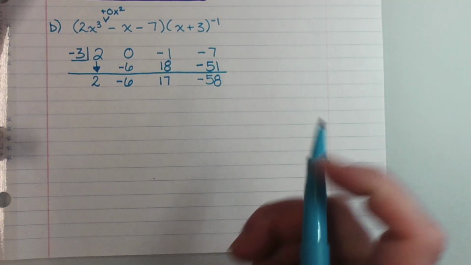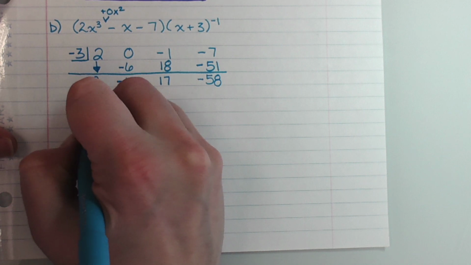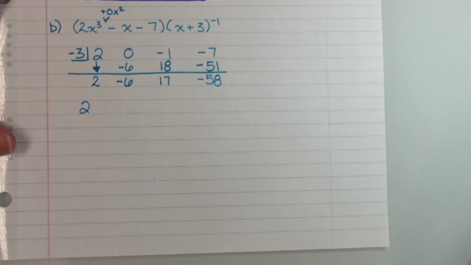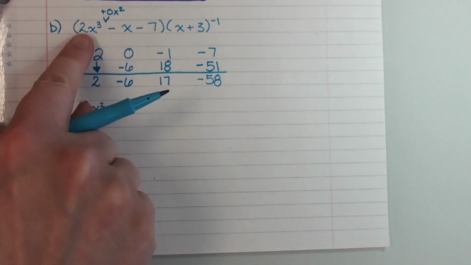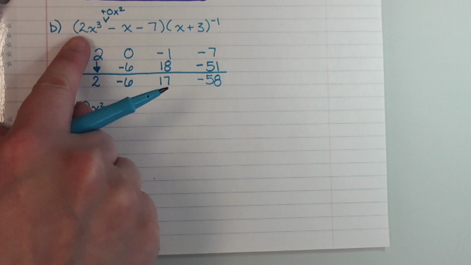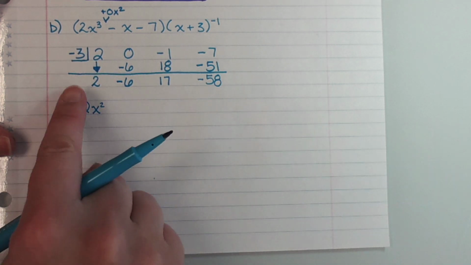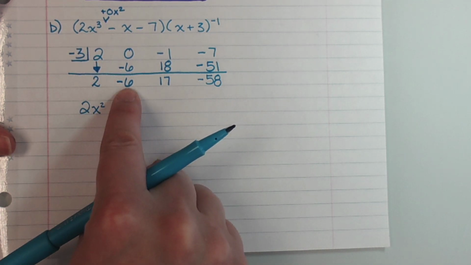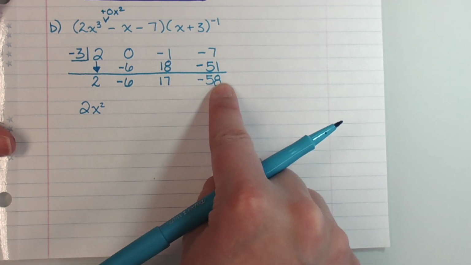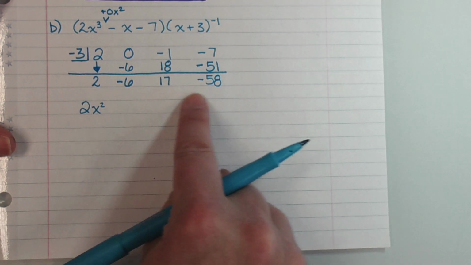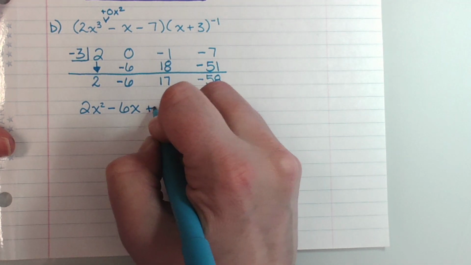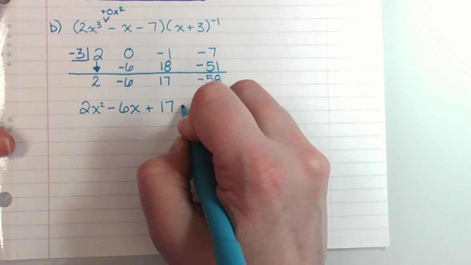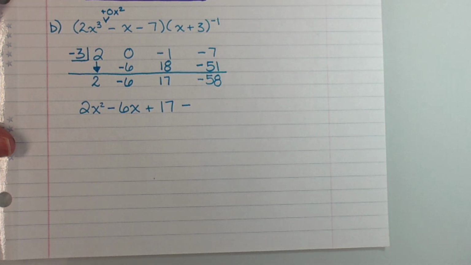Now I know my answer is going to start with 2, but 2 what? Why x squared? Because it has to be 1 less than the original. From there, if that's squared, this is regular x, this is the constant, that's the remainder. They always just decrease by 1 as you go through. So minus 6 regular x plus 17 minus,